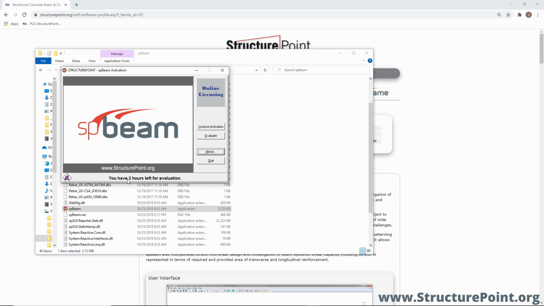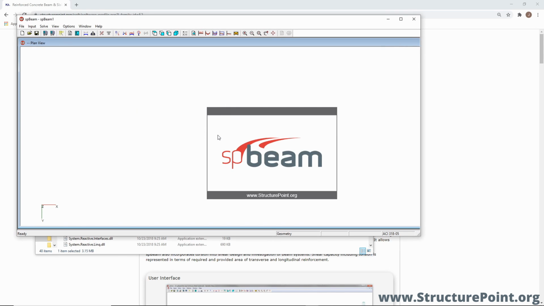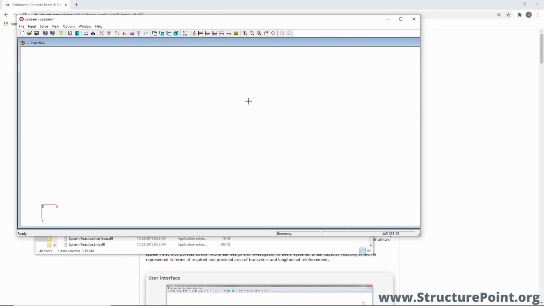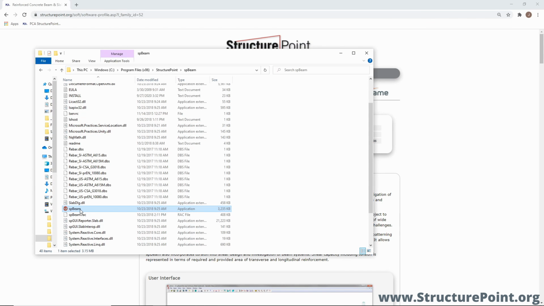If you want to just get started and experiment with the program and not enter the license information, then simply all you would do is click Evaluate. If I click Evaluate, it takes you straight in. And then once your evaluation period is over, you'll be forced to enter an activation code. So if I go back in